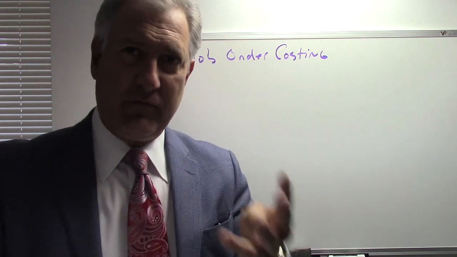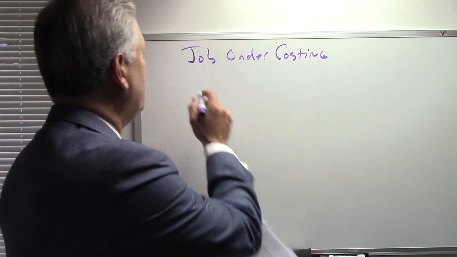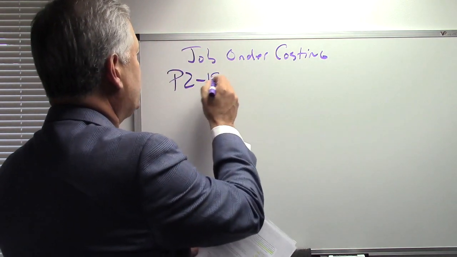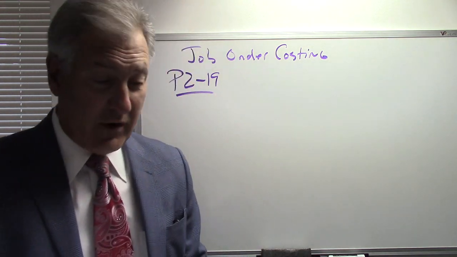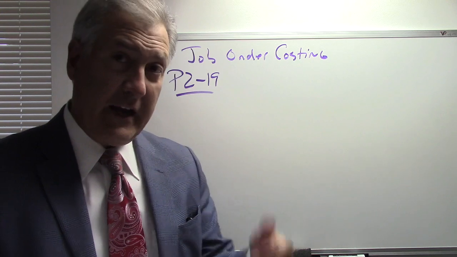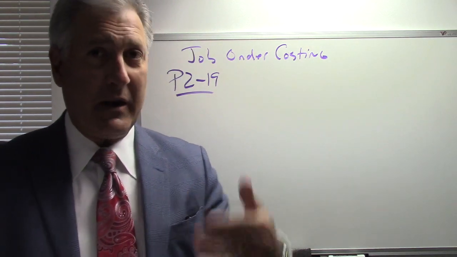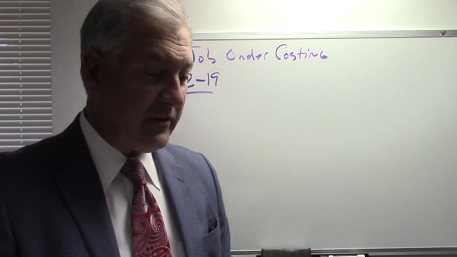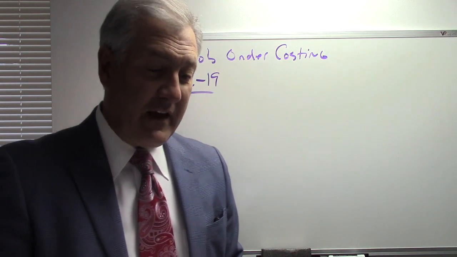So let's look at 3 problems. The first problem we're going to look at is from chapter 2, problem 2-19. Let's read it, walk through it, and come up with a solution. Again, these handwritten solutions will be available on Sakai, but I want to walk you through them and talk about them a little bit. So it says, High Desert Pottery Works makes a variety of pottery products that it sells to